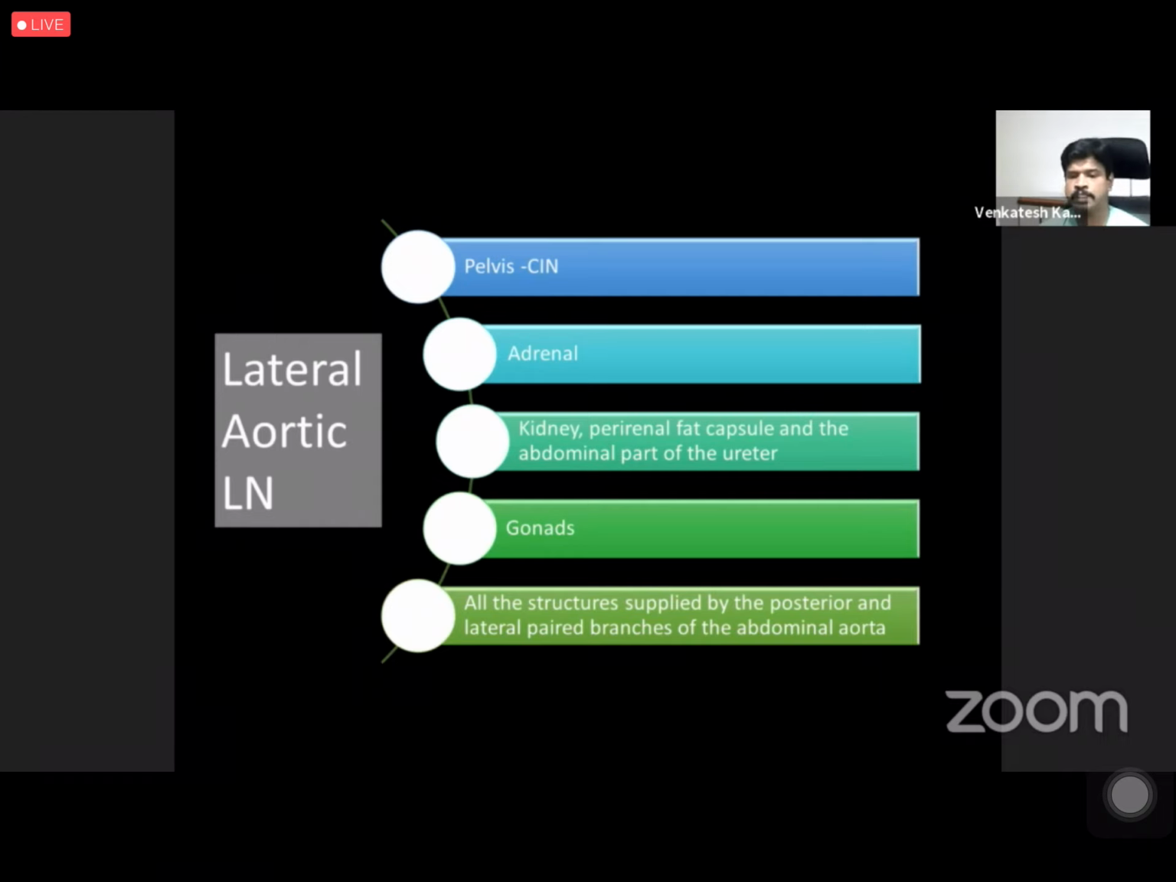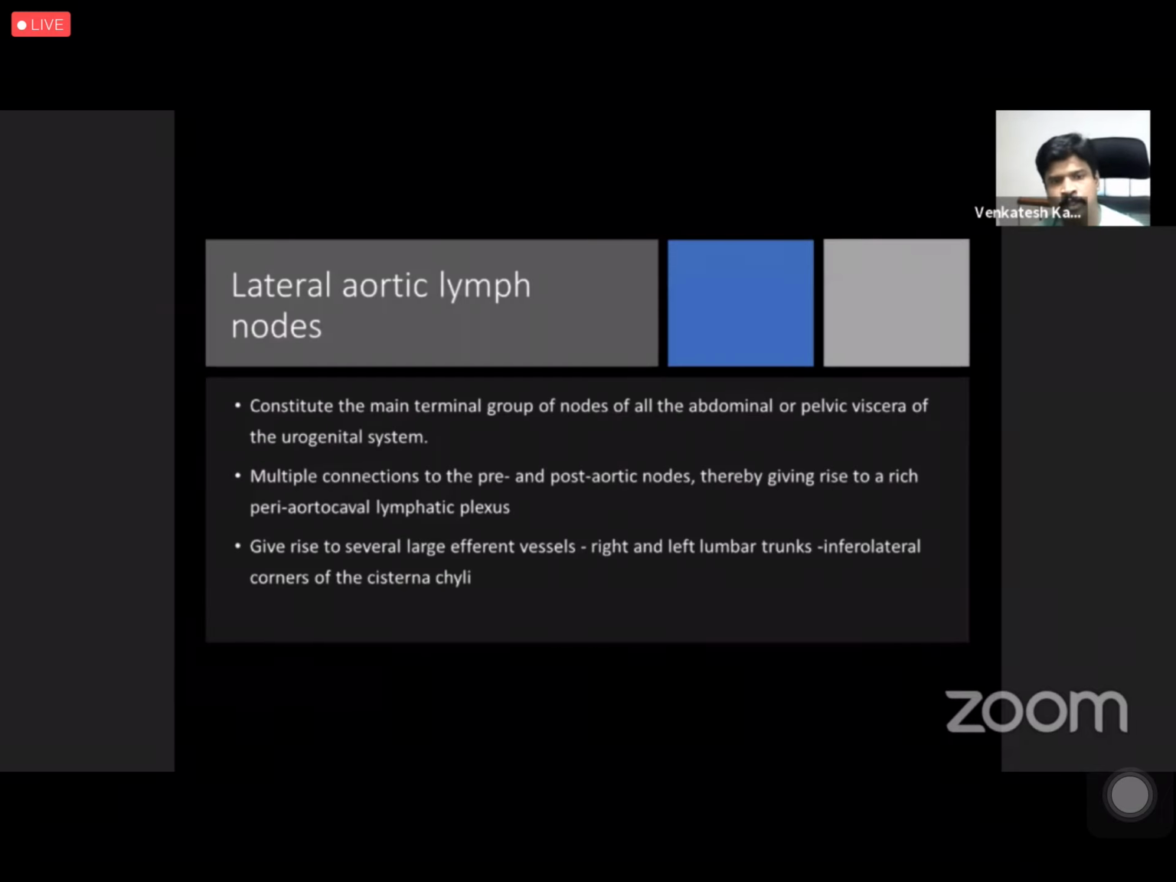and as well as all the structures which are supplied by the posterior and the lateral paired branches of the abdominal aorta, including the deep parietal layer, which is the muscles and the fascia. They also drain into the lateral aortic group of the lymph nodes. So this forms the main lymph node group for the urogenital system. If you take the urogenital system, the main lymph node is the lateral aortic group of the lymph nodes,